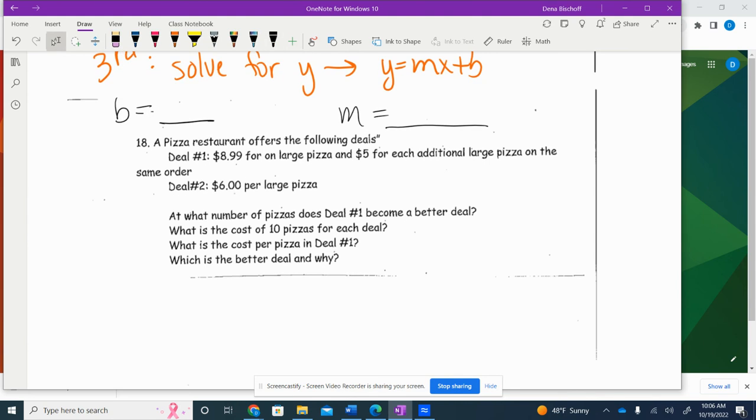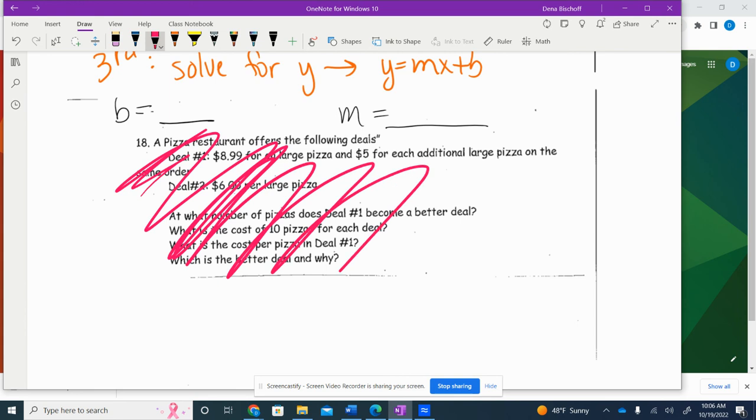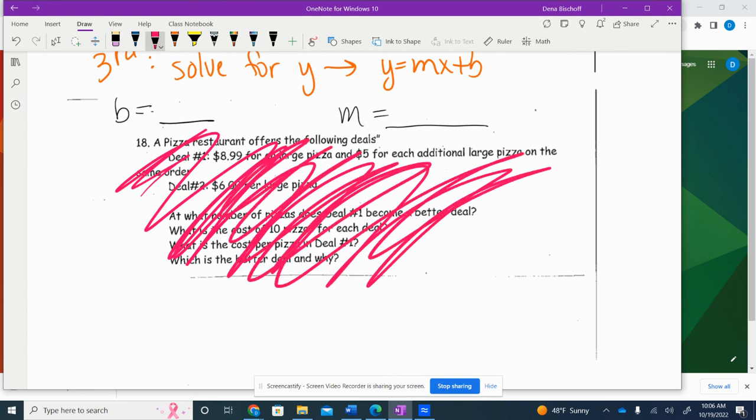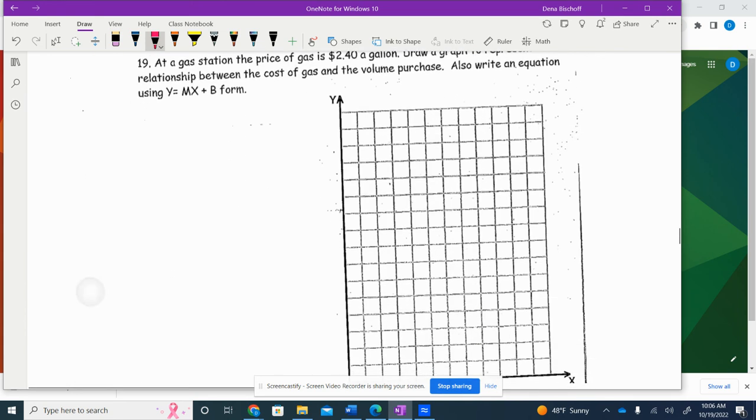All right. Number 18, we will skip. You really don't have 18 problems. If you notice, the numbers are jumping around. Number 19 is a